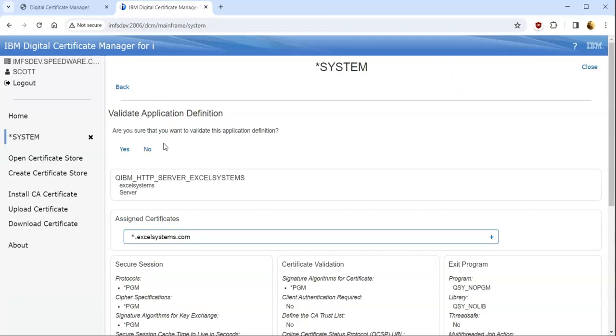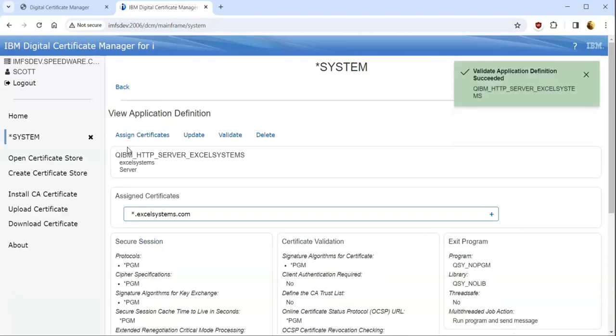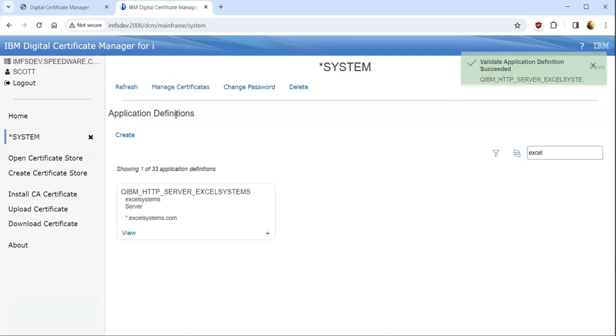I'm going to validate this. Yep, validated successfully. I'm going to go back, and you can see here's our application with our certificate associated with it. Okay, good. So from here, you're going to need to add the directives for the SSL into your Apache